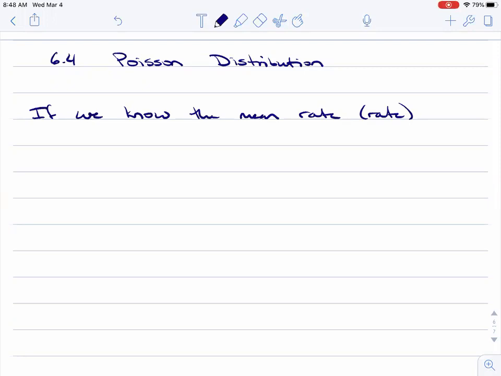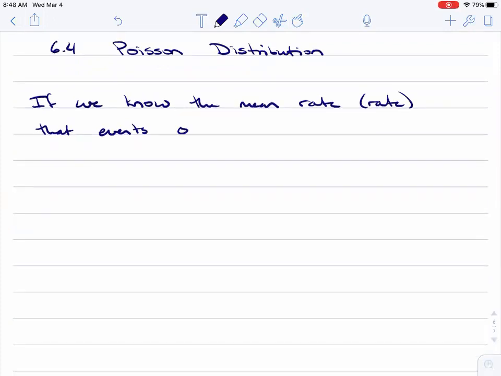Sometimes we just call it the mean, sometimes we call it the rate, sometimes we call it the mean rate. All those kind of apply. So if we know the mean rate that events occur with,